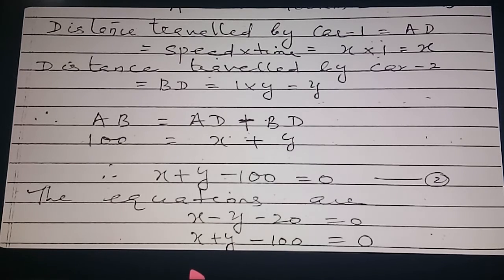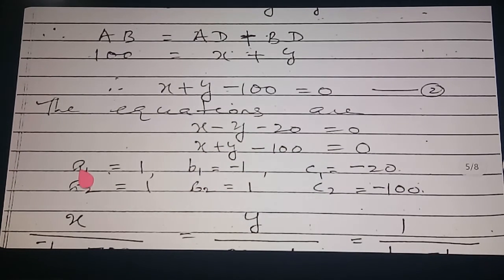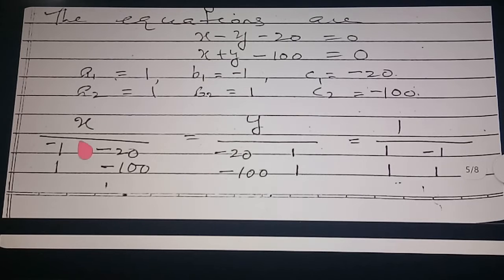Now in the same method, the equations are A1, B1, C1, right? A2, B2, C2, right? All of you write it right now, fast. Written? Now arrange the coefficients. See here, minus 1, 1, minus 20, minus 100. Then y, upon writing, first the constant term, then the coefficients of x, here 1 upon, coefficient of x and coefficient of y. One point you want to remember: this arranging of coefficients you must know perfectly. Here if any mistake is there, the full answer is wrong.